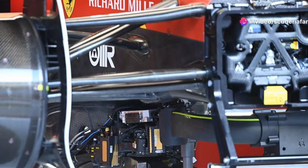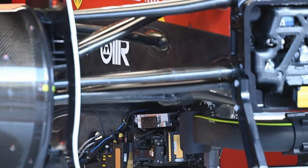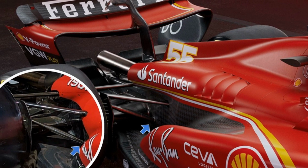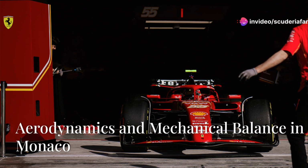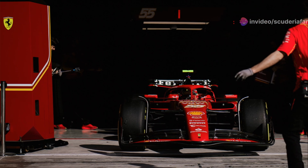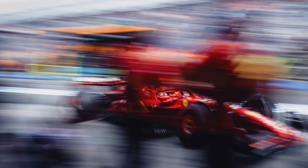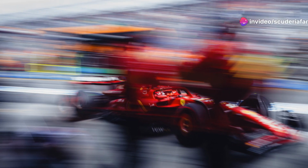With a full tank, the load transfer is greater and consequently the vehicle's roll angle in the corner is also greater. With less fuel, the roll angle decreases and the aerodynamic platform remains more stable. On the narrow streets of the Principality, all teams will try to impose the maximum available downforce, shifting much of the mechanical balance towards the rear. Ferrari is doing well with aerodynamics, although Monaco is unique, so everything will need to be confirmed on the track